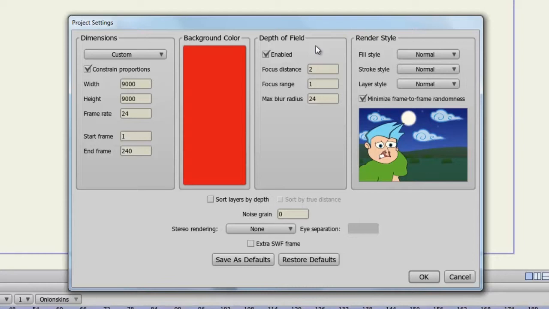You'll see something that's less or more blurry depending on where that object is. And the max blur radius allows you to adjust the blurriness that you'll find with things that are out of focus. Now, as for the render styles, you have all sorts of different things you can do here. You can adjust the fill or stroke of the objects you have drawn in Anime Studio, or you can affect